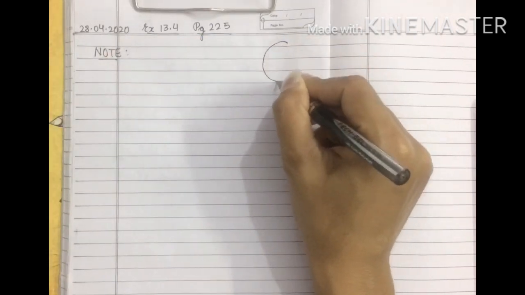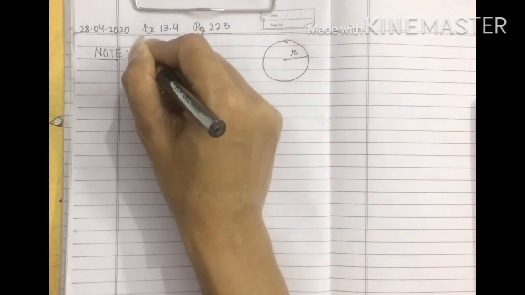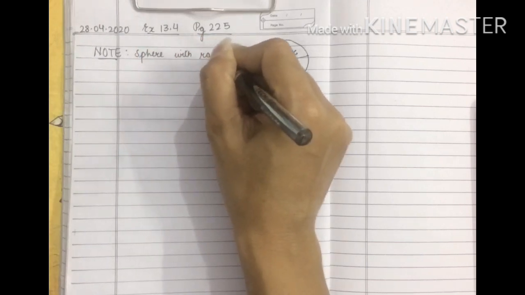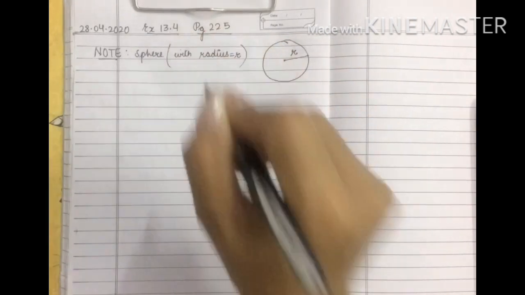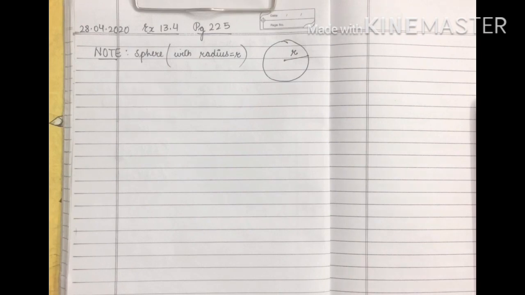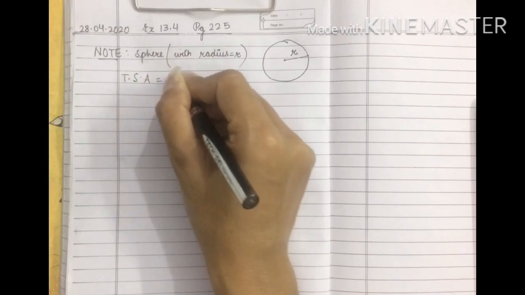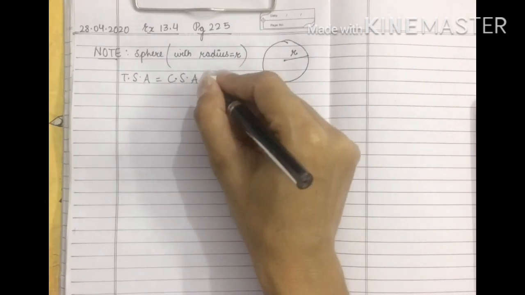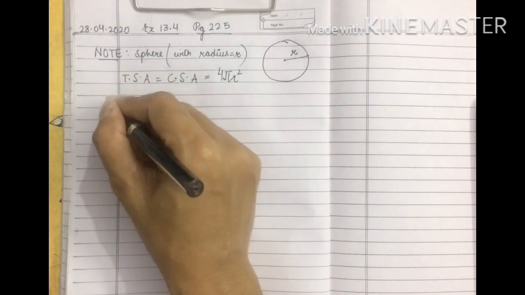So if we have a sphere whose radius is r, there is only one surface, the whole outer curved surface. In case of a sphere, the total surface area and the curved surface area are one and the same thing, and the formula for the same is 4 pi r square. Now for a hemisphere